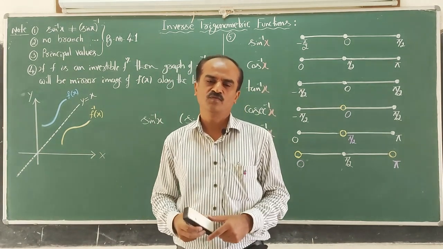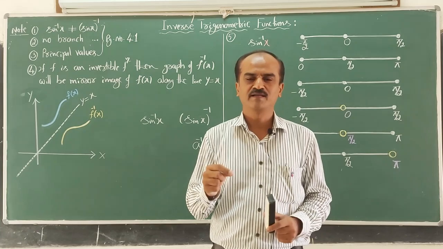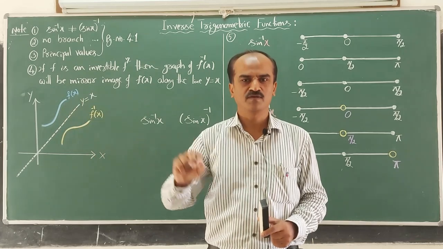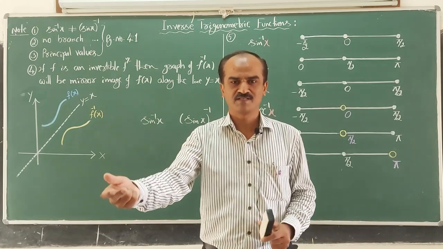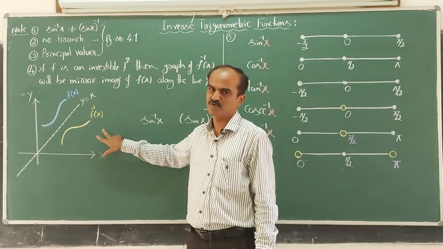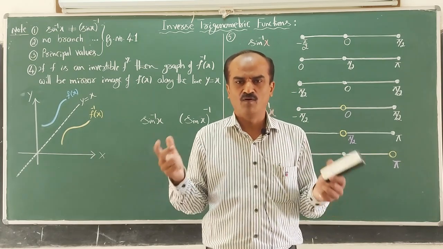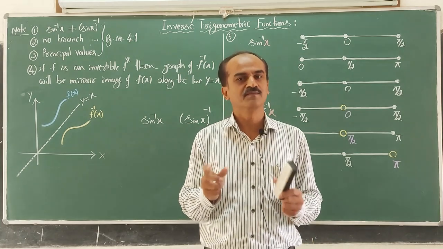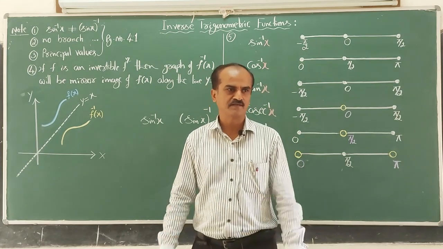Based on this, once in CET, they asked a question like, find mirror image of the function with respect to the line y equal to x. Means instead of asking the question directly, what is inverse of this function, they frame the question like this. So, this is also a very important point that you have to remember. In the textbook, they have given all the inverse trigonometric functions along with their trigonometric functions, so they are mirror images of one another. Please go through those diagrams without fail.